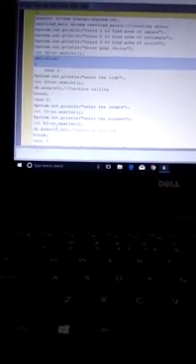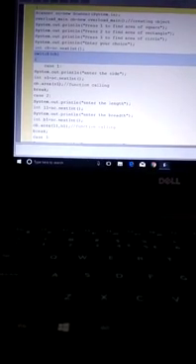So in polymorphism, every function has the same name, but the functions are distinguished from each other with the help of the list of parameters. See, in the first function we have one parameter and in the second function we have two parameters. And one more thing, the type of parameters: in the first function we have an integer type parameter, while in the third function we have a floating type parameter.